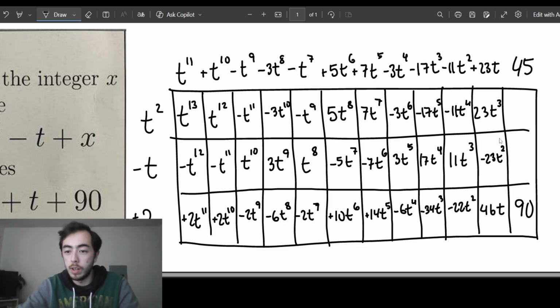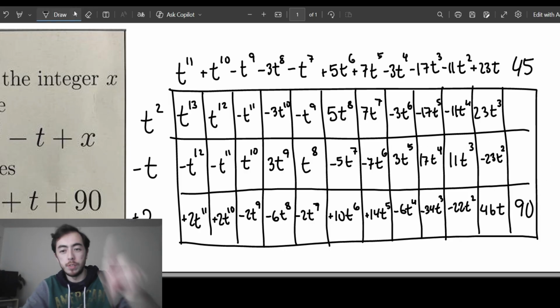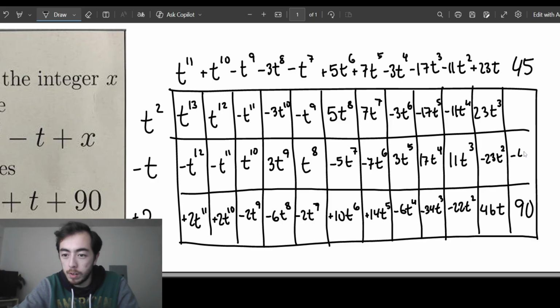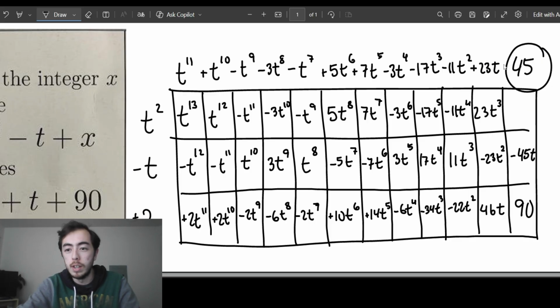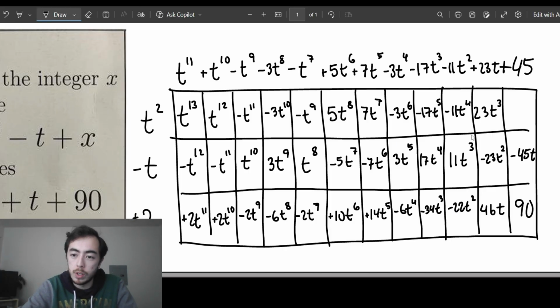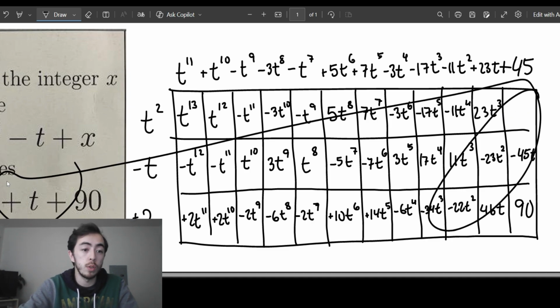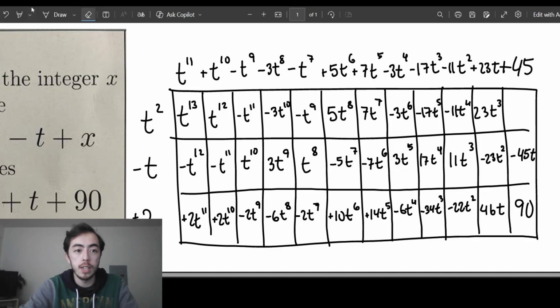All right, at this point, I do recall that these two need to add up to be a positive t. So let me kind of break my pattern of just doing what I'm doing and kind of jump here first. So this should be a minus 45t. And then let's see, oh, well, actually, yeah, look, this 45 that we already kind of knew about does multiply with this negative t, and so this checks out. And then let's just make sure that that top right corner also makes sense. Looks like we have a minus 22 and a minus 23. So to balance that out, again, we don't have a t squared term anywhere here, I do need to add